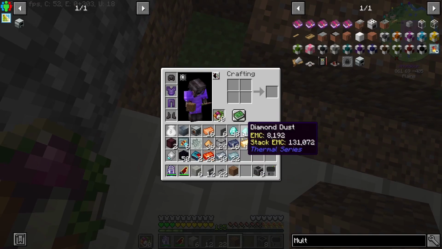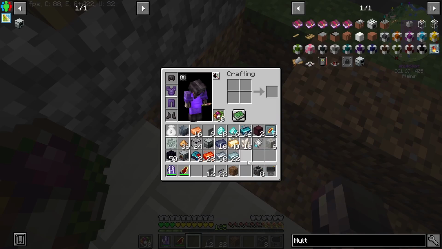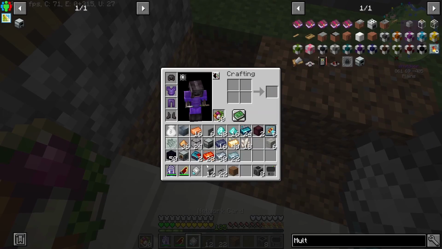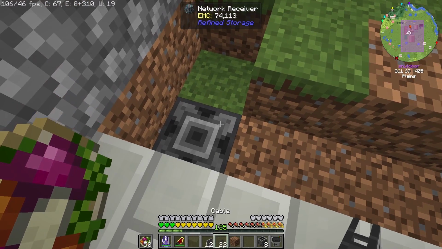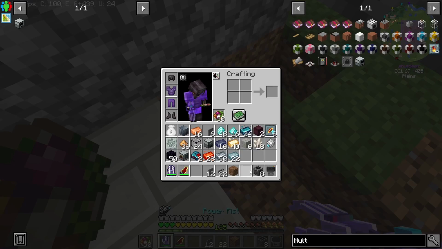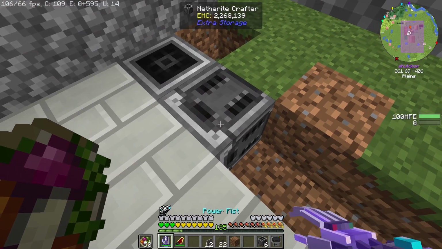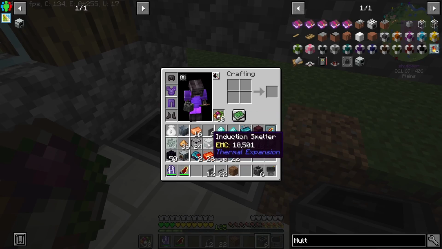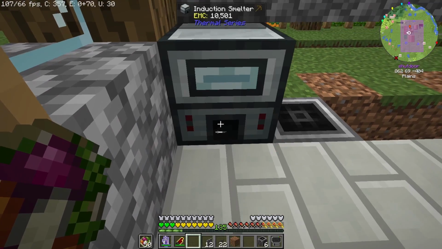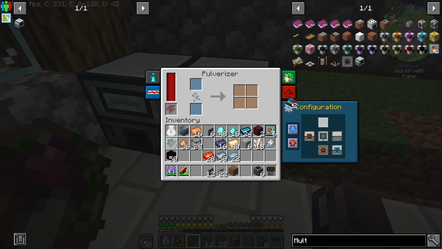Alright. So let's see. Where did that just go? Right here. Let's make sure we get that again. Even though it's in the same spot, I just don't want to not have that. Alright, so let's go crafter. Crafter. Why does it keep placing it that way? And for now, we'll just do induction smelter and pulverizer. We've got a few upgrades